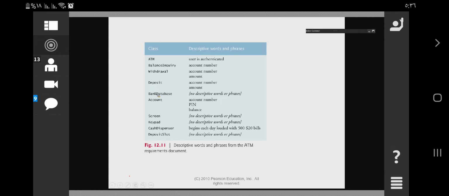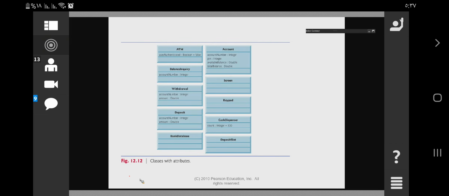Or, for example, each account is specified by 3 attributes such as account number, PIN, and balance, and so on. These materials were introduced to you by the video materials that I have sent to you. I hope you have seen these video materials,